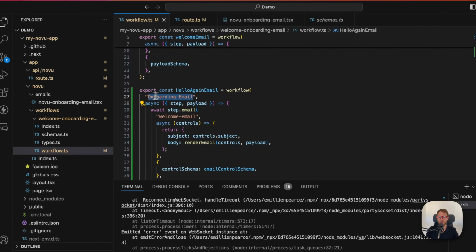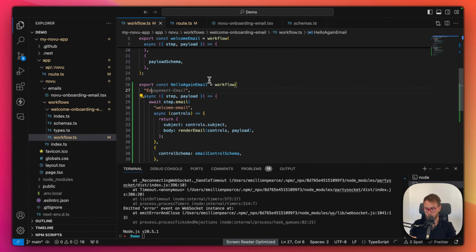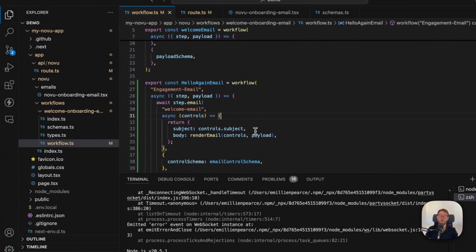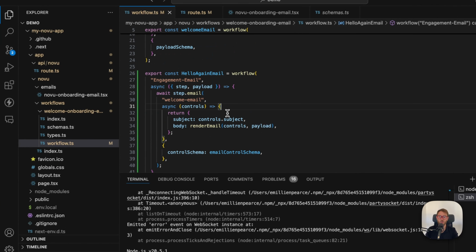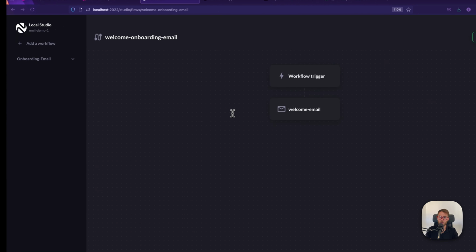And we will call it engagement email, all right? So we basically just created another workflow,